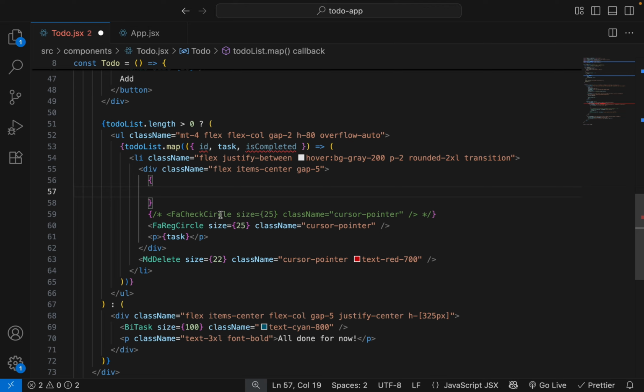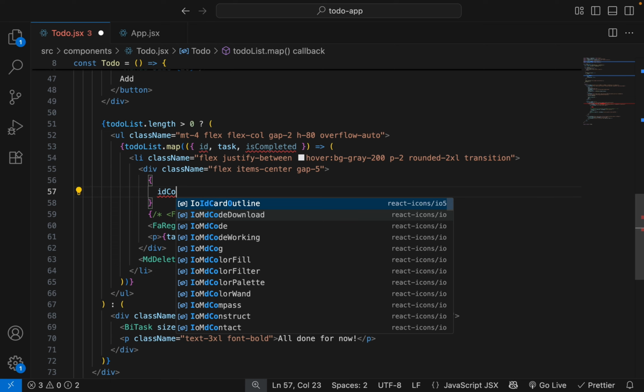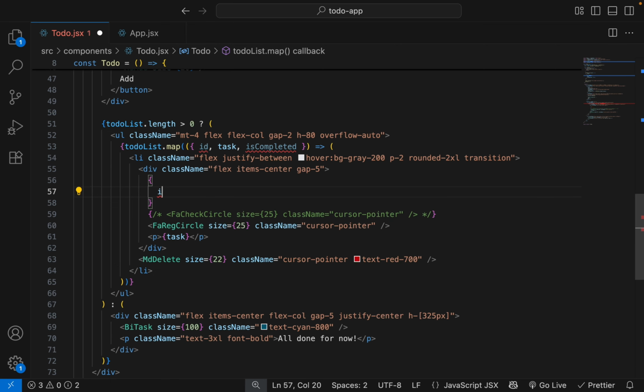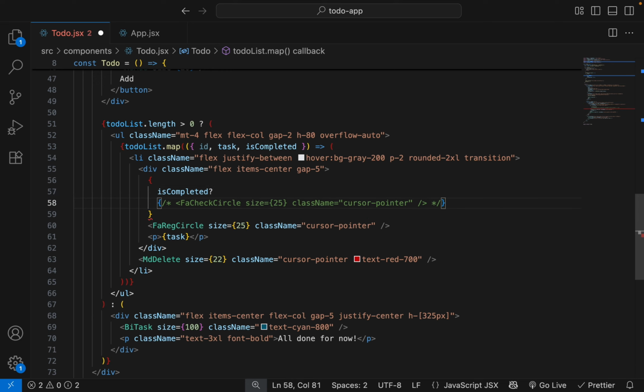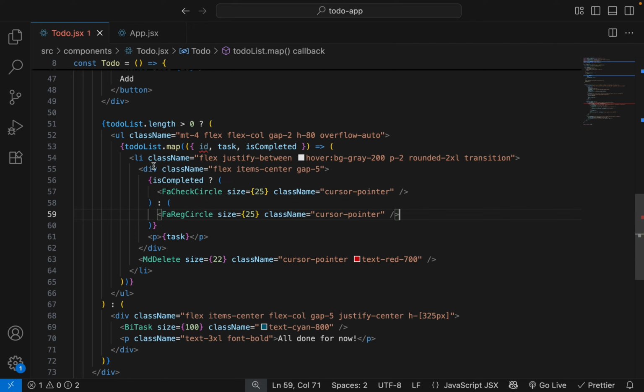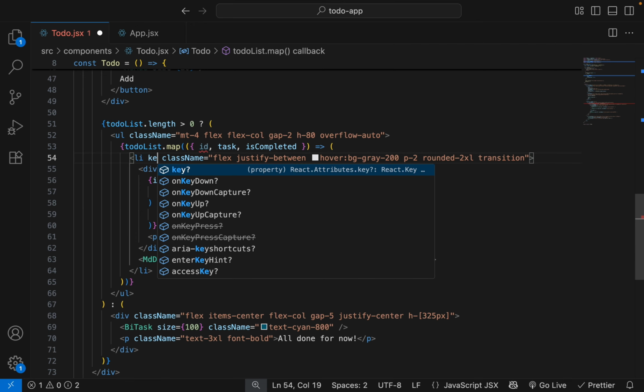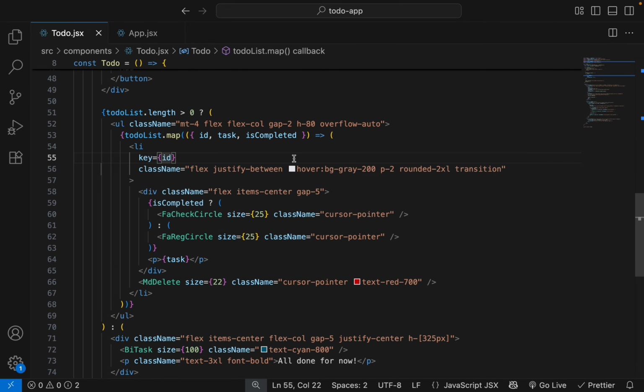Next we will give condition is completed to show task is done or not. If is completed, then show first icon. Otherwise show second icon.